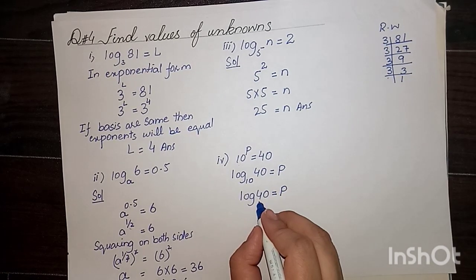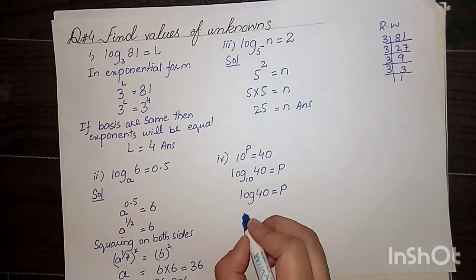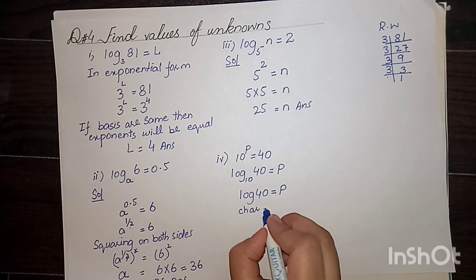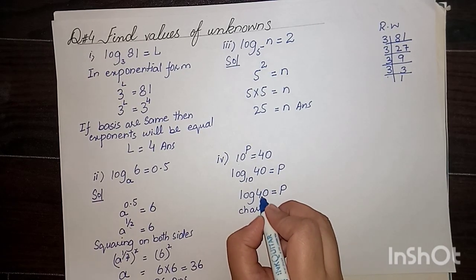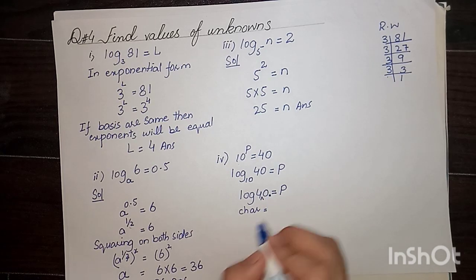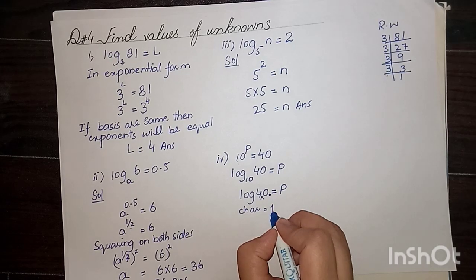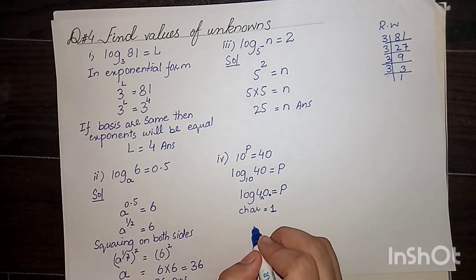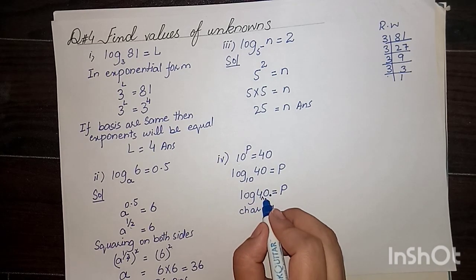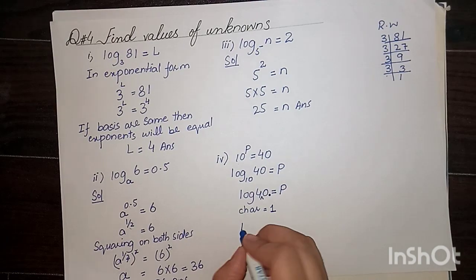Now we will find the log of 40. For the log of 40, first of all we will find the characteristic. So for its characteristic, this is the reference point, after the first non-zero digit and the decimal point. So between the decimal and the reference point there is only one digit. So the characteristic is equal to 1, and this 40 is greater than 1, that's why the characteristic is positive. Now the mantissa.